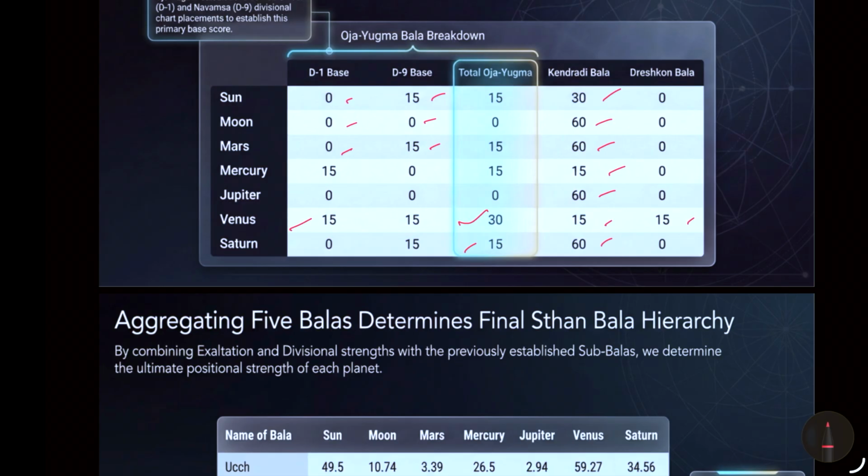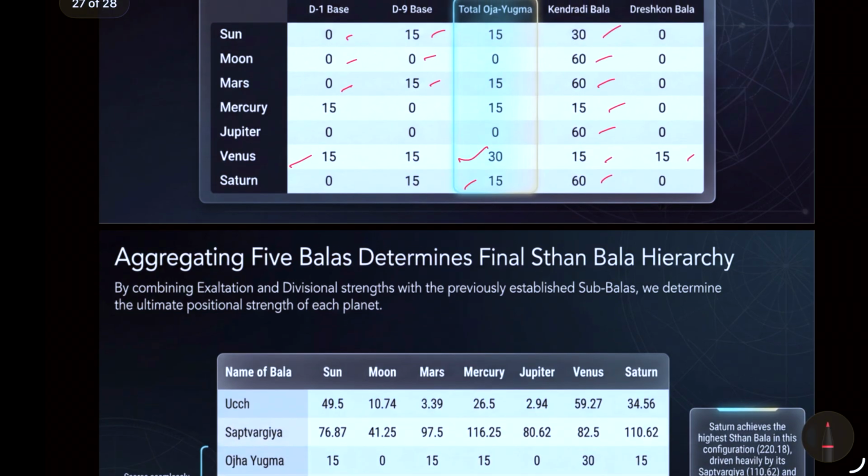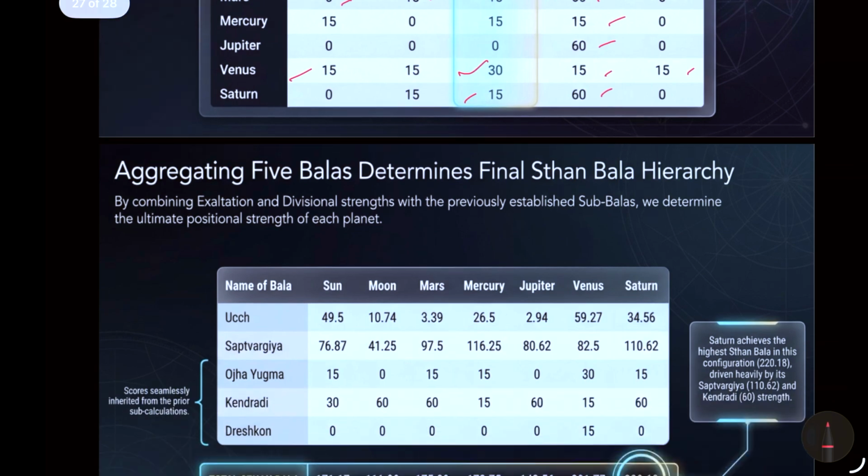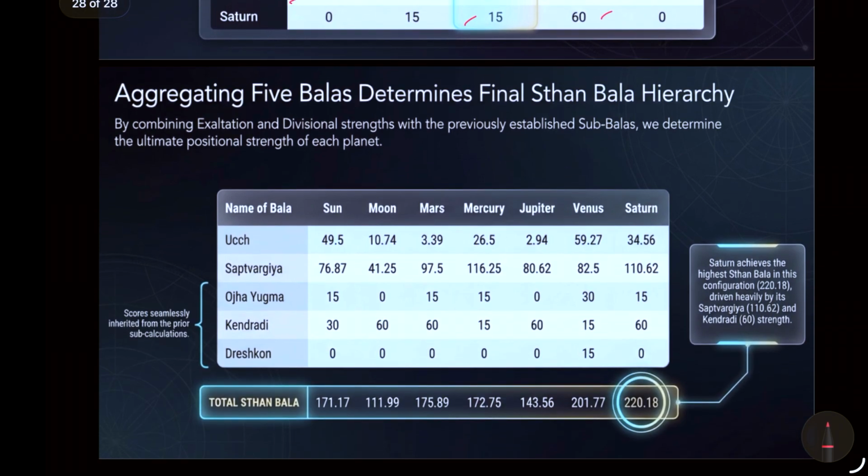So if we add all the five balas, that is Oja-Yugma Bala, Saptavargiya Bala, Oocha Bala, Kendradi Bala, and Drekkana Bala, we'll do the computation like this. Like Oocha Bala we have calculated, each planet is having this. Saptavargiya Bala, each planet is having this. Oja-Yugma Bala, this is the Kendradi Bala we have, and Drekkana Bala we have. So we'll total Sthan Bala for Sun is